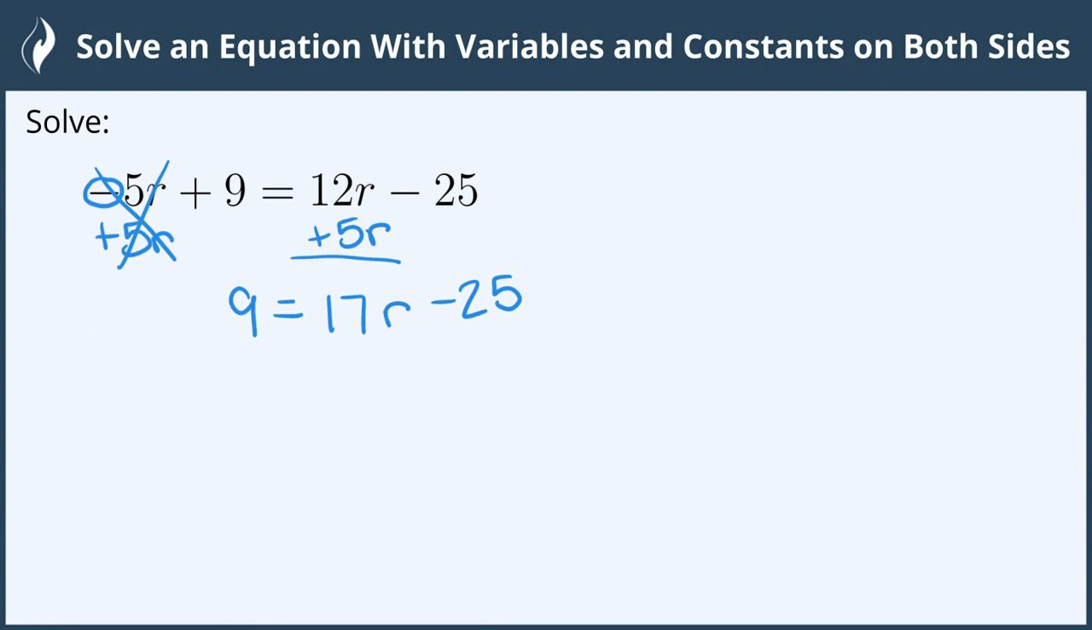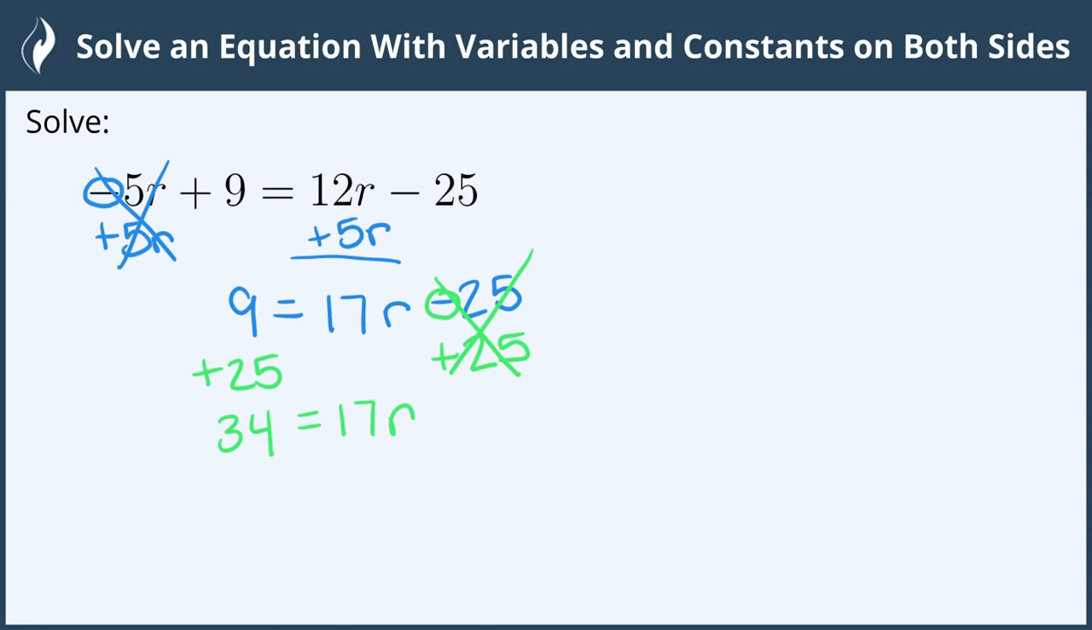Now we need to move everything without the variable, or the constant, to the other side. Here we have a subtract 25. To negate that, we'll add 25 to both sides. Negative 25 plus 25 cancels. So on the right side, we're left with 17r, and on the left side, 9 plus 25 is 34. And we've now combined both of the terms with variables and both of the terms with constants